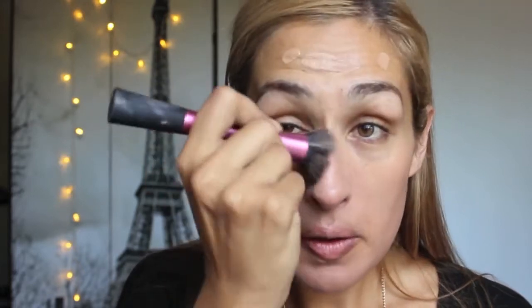So usually I'd either get this Real Techniques stippling brush, or my Steeler, it's like a beauty blender. It's not the beauty blender, but it's fantastic. So I think I'll just use this one today. It's really just a buffing kind of motion with this one, which I really like because I think it gives you a really natural finish. So get all around your nose, under your eyes, blend it down onto your neck,